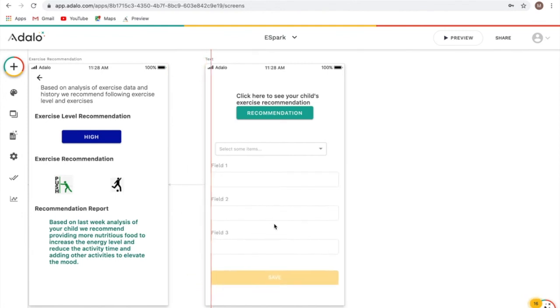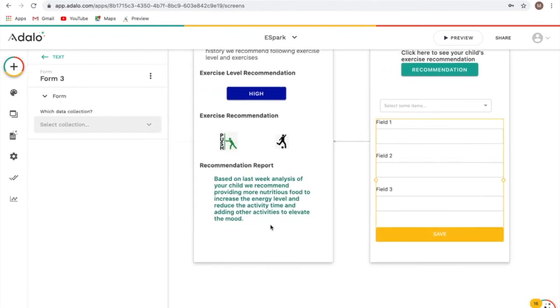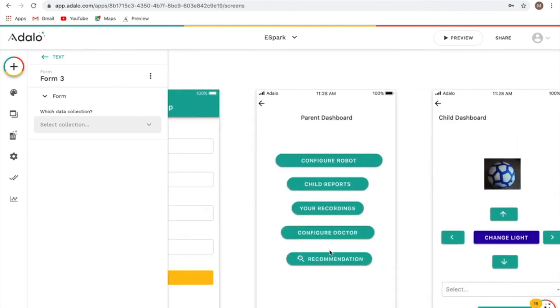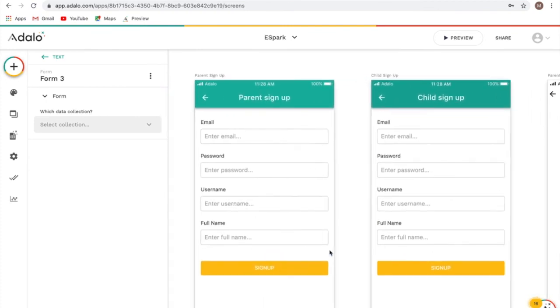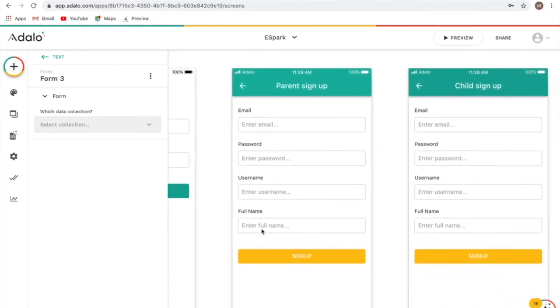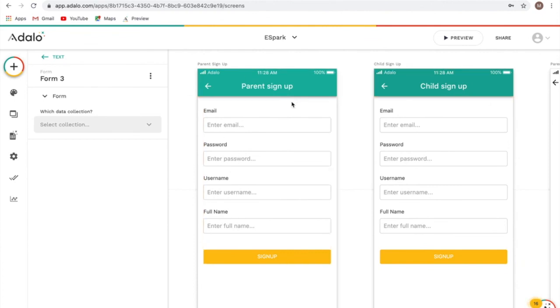form. So a form could be used, well, to collect data. So I have used a form for sign in and sign up. Well, let's just do the sign-ups. So I have a parent sign-up and a child sign-up. So if you can see here, I'm asking for data right here. So I'm asking for your email, your password, a username, and your full name, and then it'll sign you up automatically. So to do that, I would use the submit button,